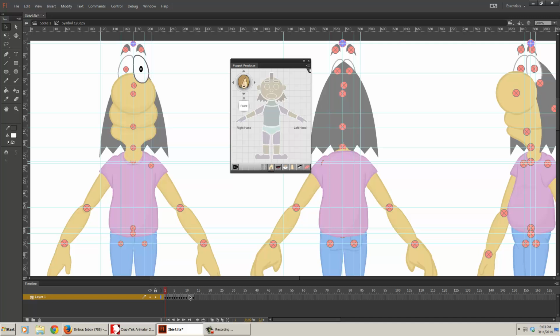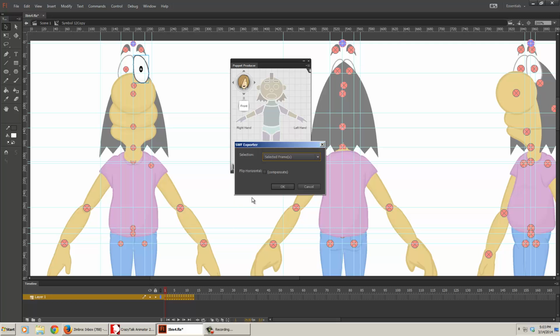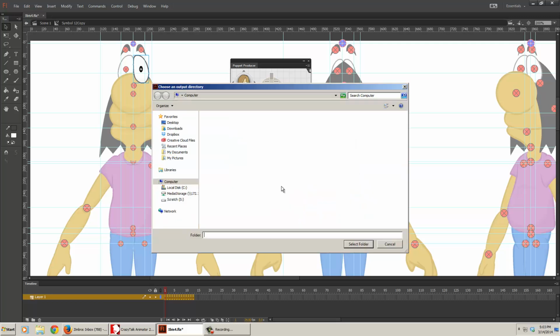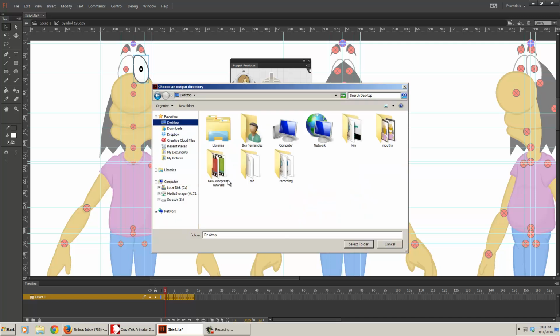Actually, we didn't select any frames. We got to make sure we select every frame that we want to export. So now that every frame is selected, let's click the export button. We want to export the selected frames. Click the compensate for the horizontal flip option and click OK. You're going to be asked for a place to save your sprites. I'm just going to create a new folder here called Eyes. Select the folder